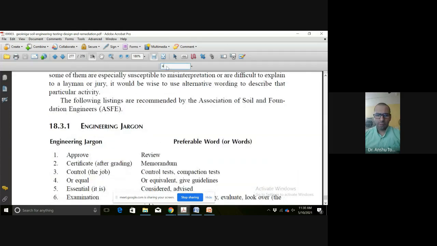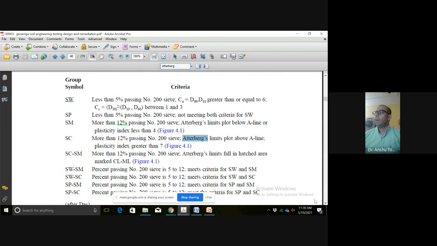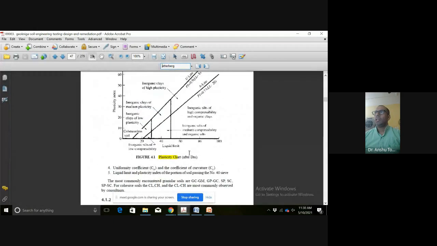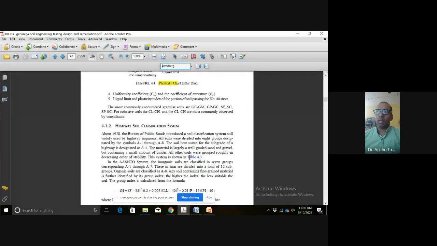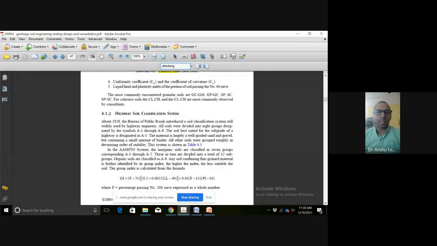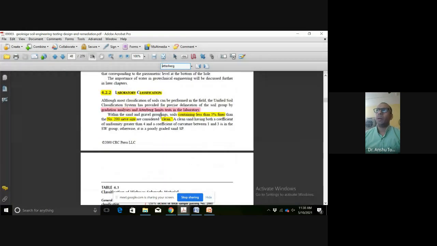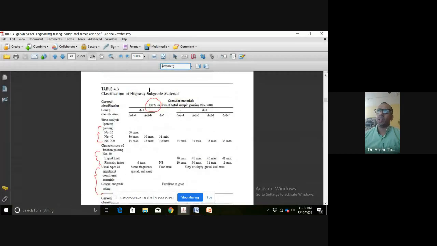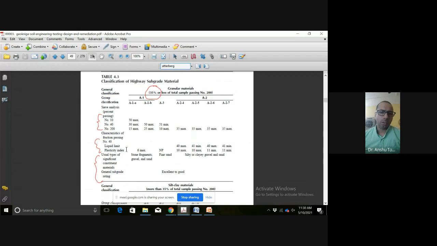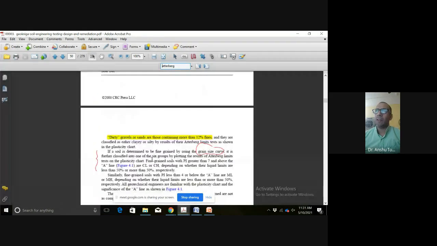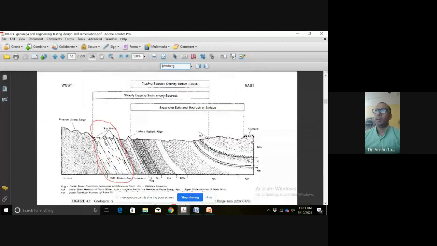So this I will show you, where we have already done it. So this we have done here actually. If you remember this plasticity chart and all, this we have discussed. Although at that point of time I told you that we will be discussing this in detail later on. So Atterberg limits test in laboratory, and based upon these is the unified classification system. They have developed their own symbols, different from the Indian system, and based upon that they have classified the soil.